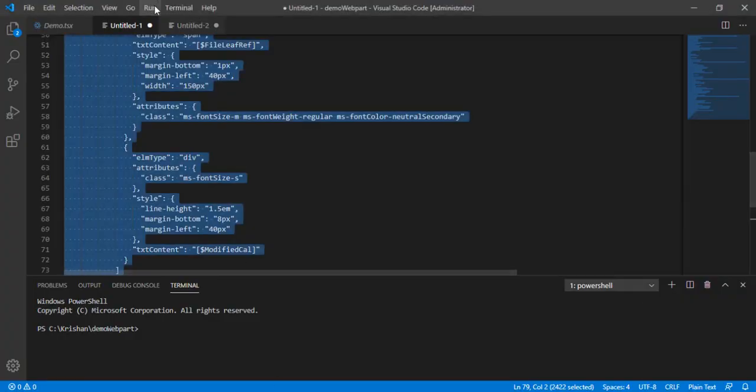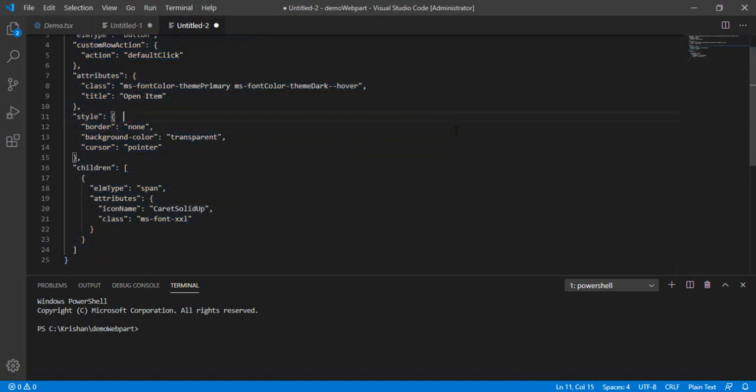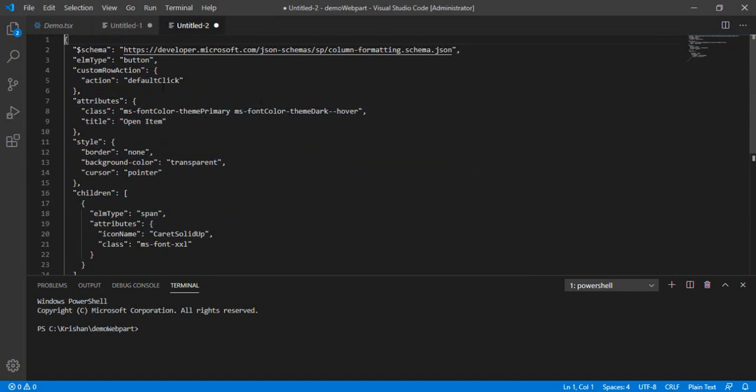I'm copying my JSON, which is already there. I can walk you through what it does: it's adding an element type as button, and the action is default click. That means it will open the specific selected item. If it's a button, you can keep an anchor or button, maybe redirecting to a page or opening something.